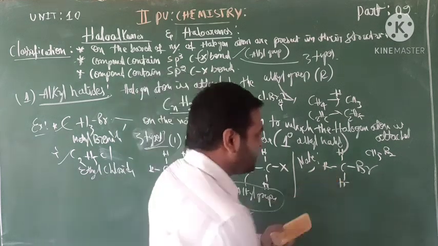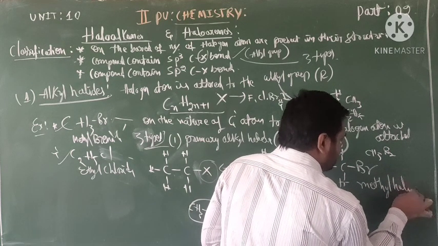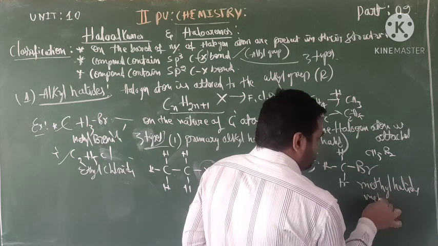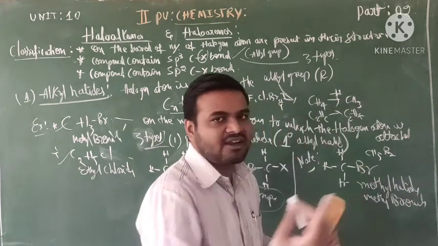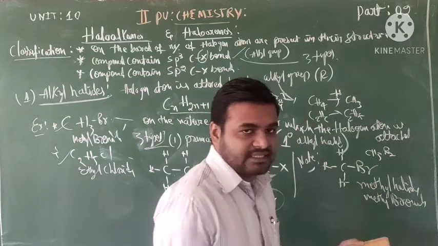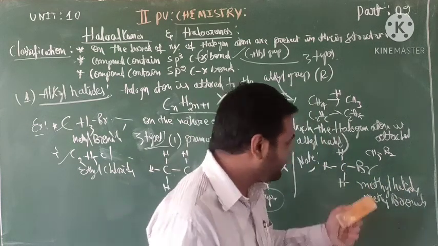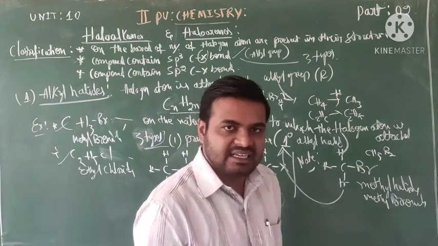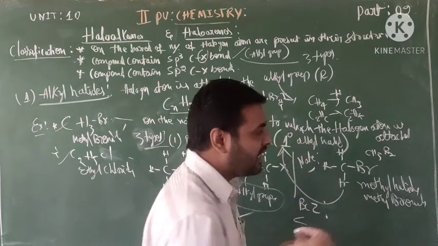So this is called what? Methyl halides. One example is methyl bromide. Is it primary or not? Yes. Methyl halides are often considered as primary alkyl halides because of why we call that